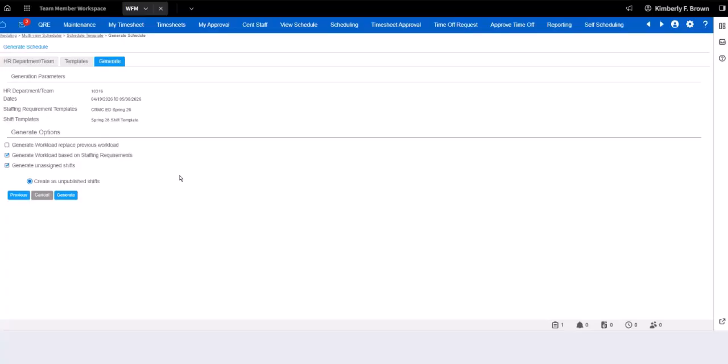If you feel confident that your staffing requirements template and your shift template are set up correctly and you've got to this point, you want to make sure you generate it, and this is how you do it with the steps that I just showed. And you would hit that blue button. Okay? So from this point, now I'm going to hand over to Max, and Max is going to take you